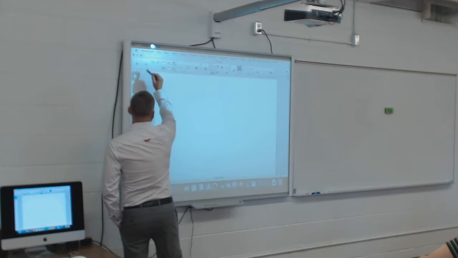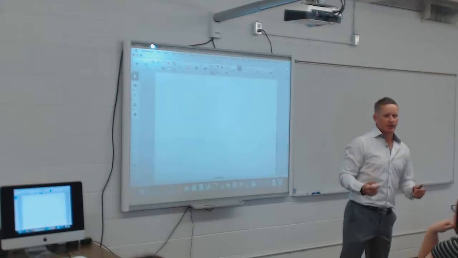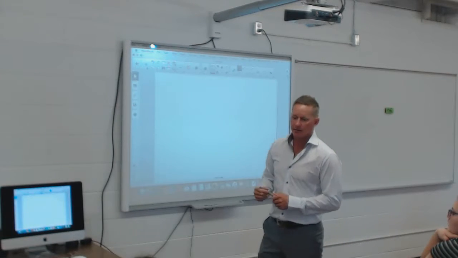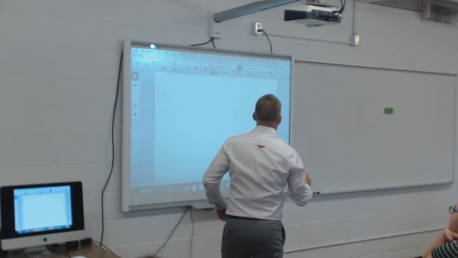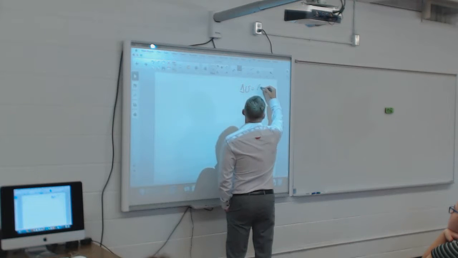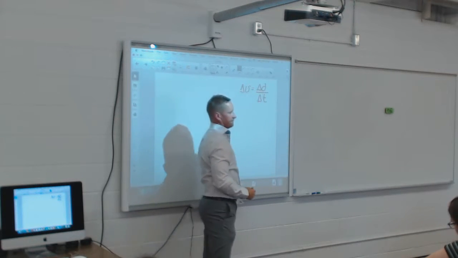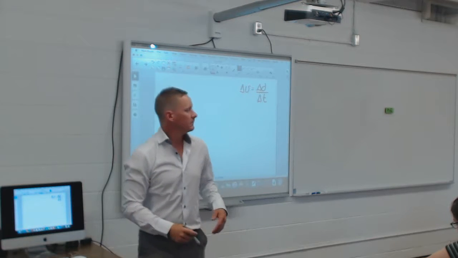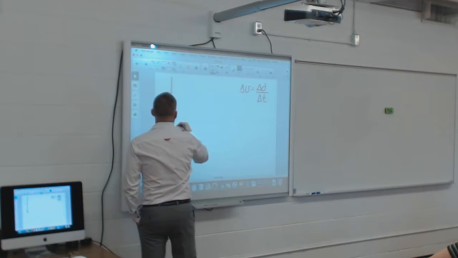Now, we're not gonna do much with graphing, but I need graphing to explain some equations to you. So, here's how this works, all right? We have already talked about this. Change in velocity is change in displacement over change in time. Everybody agrees? 50 over 2, awesome. All right, if I take a graph